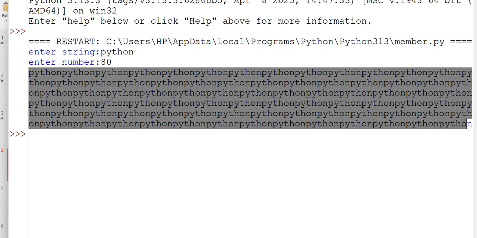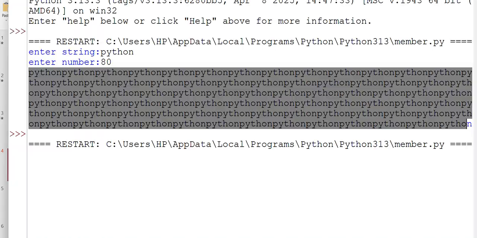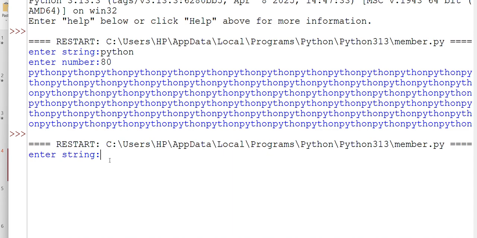That is how to take a string from the user and multiply it n number of times, where the value of n is entered by the user. Okay, so we are not using n, we are using b. The variable can be anything, it will not make any impact. A variable is simply a name in which we are storing a value. You can see over here. I hope this is clear.